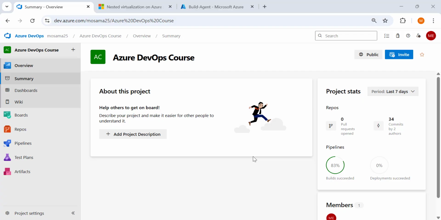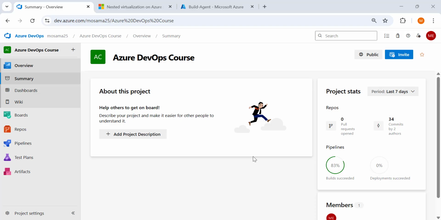This lecture will be the first one in the Azure DevOps self-hosted agent section. In this section, we will explore all the ways to install a self-hosted agent and run your pipeline from this self-hosted agent. You can install it on a virtual machine, whether it is a Windows, a Linux, or a Mac machine, or you can install your self-hosted agent inside a Docker container, or in a Kubernetes cluster as a pod inside your Kubernetes cluster. So in this section, we'll explore all the ways to install the Azure DevOps self-hosted agent.